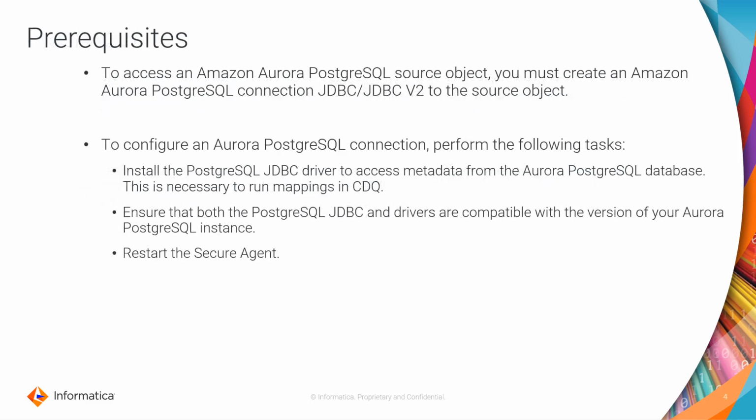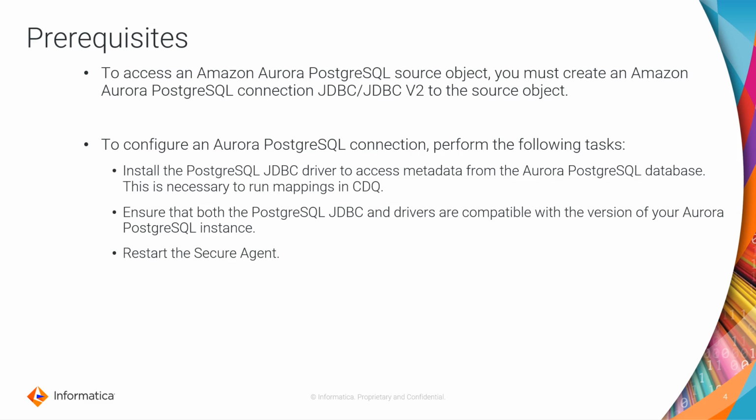The prerequisites for this connection are: to access an Amazon Aurora PostgreSQL source object, you must create an Amazon Aurora PostgreSQL connection using a JDBC or JDBC V2 connection. In this video, we are going to see how to create a JDBC connection for Amazon Aurora